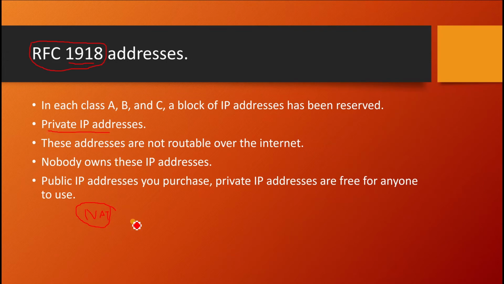So when we say class A, class B, and class C IP addresses, the ranges start from 1 to 126, then the next one is 128 to 191, then 192 to 223, right? In these ranges, every class has a private IP range. In class A, anything that starts with 10 is considered a private IP. In class B, anything that starts from